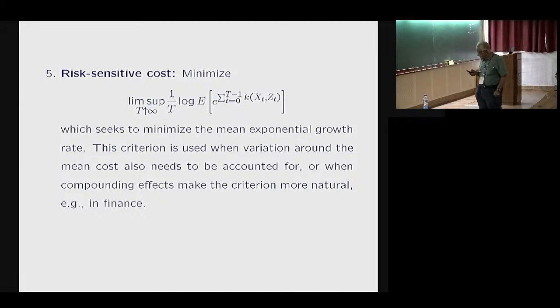but it was also promoted by people because the standard criticism against the usual cost criteria is that they look only at averages. They don't consider the fluctuations. So the average could be optimal, but there could be so much fluctuation that that particular policy is useless. So people looked at things like some weighted sum of mean plus variance, but that lacks what's